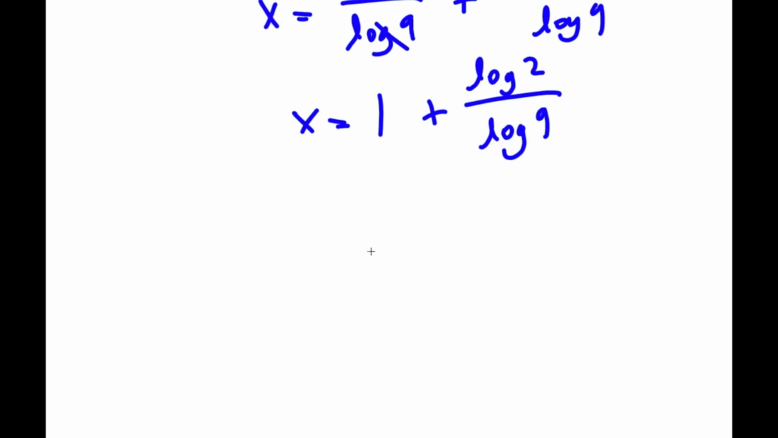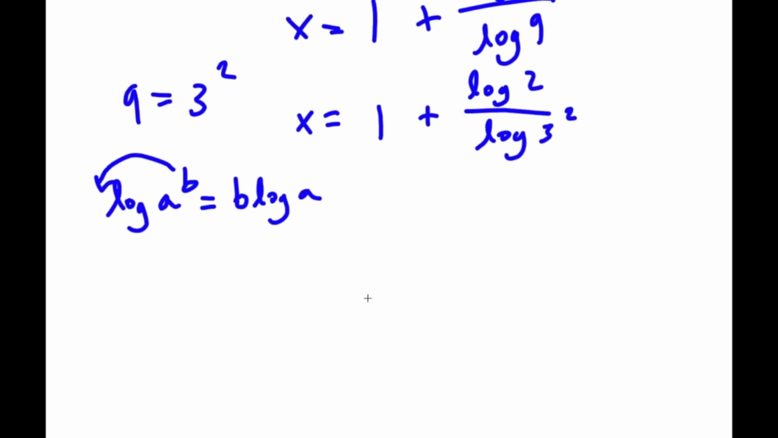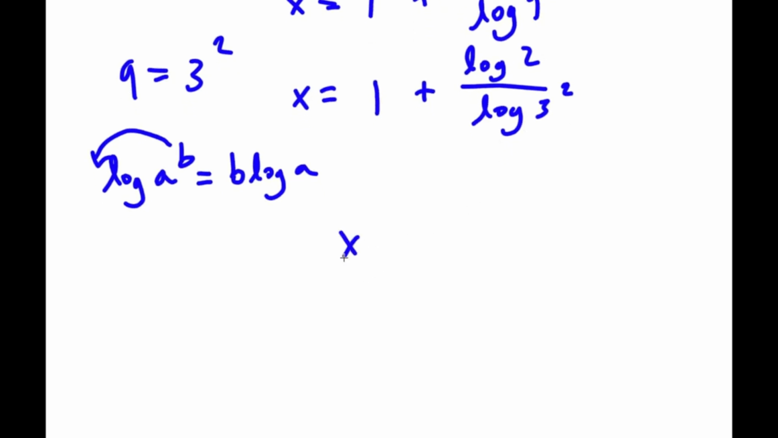Now, log 9, well, 9 is the same thing as 3 squared. So now if I replace 9 with 3 squared, I get x is equal to 1 plus log 2 over log 3 squared. Now remember, property of logarithms, that states that if we have something in the form log a to the power of b, we can move our exponent b to the front of the logarithm, so this would equal b times log a. So log 3 squared